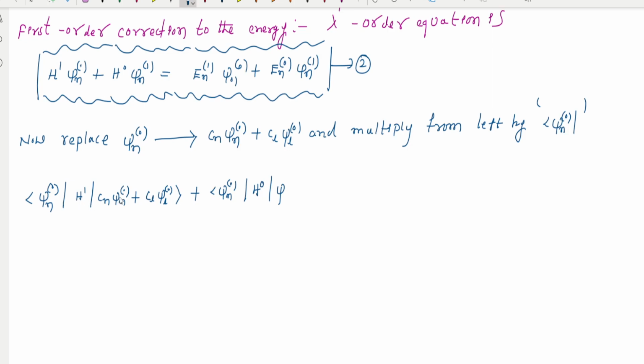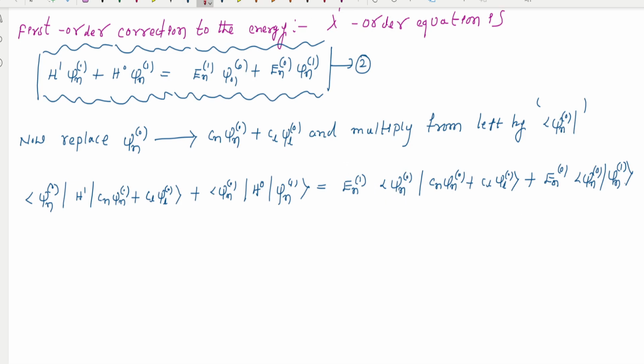Okay, this is the perturbed Hamiltonian, equal to en power 1 psi n power 0, cn psi n power 0 plus cl psi l power 0, plus en power 0 psi n power 0 psi n power 1. Okay,